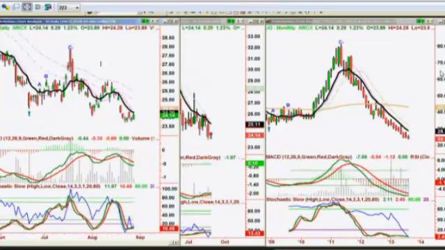So what price are you in? About $24.50. So you actually got in a couple of days ago. Right. Okay. So in this case, it's not such a big deal that it went down to 23.70. Let me just see what the low was. About 23.70 range. Yeah, 23.72. That's not such a big deal.